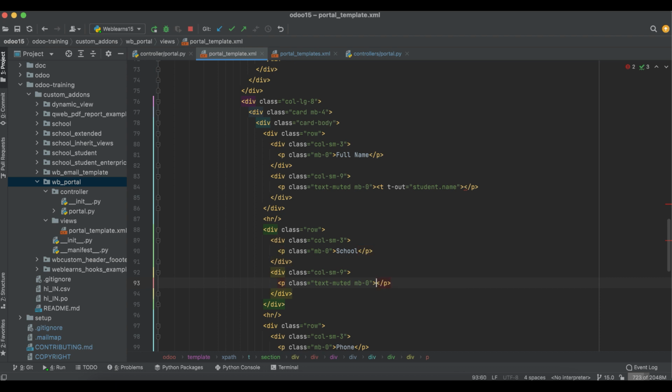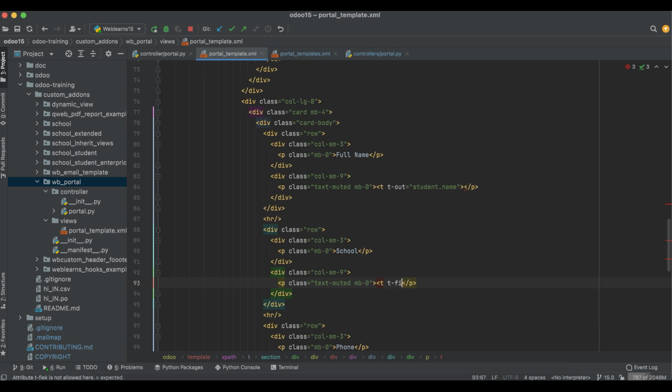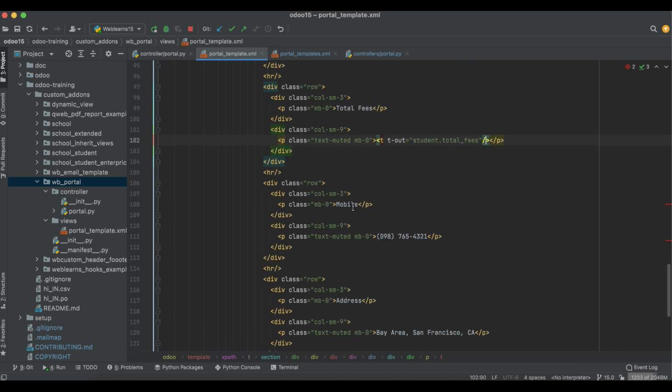So for the school you can see, like, t-field student.school_id. Let's say total fees, t-out student.total_fees. Instead of the mobile, roll number,